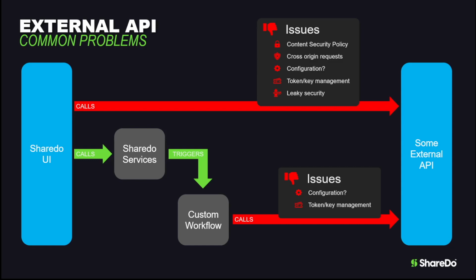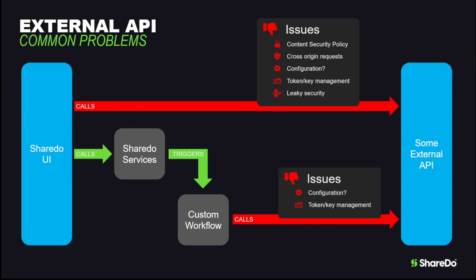The next thing that's going to stop you is something called CORS, cross-origin requests. So when Sherdo is running on, I don't know, myinstance.sherdo.co.uk and it wants to talk to your API at myapi.com, those are different domains. That's what they call a cross-origin request. And a cross-origin request could be any difference in the scheme, so whether it's HTTP or HTTPS, the subdomain, the domain, and the port. If those things don't all match, it's considered to be a cross-origin request, and certain policies kick in,